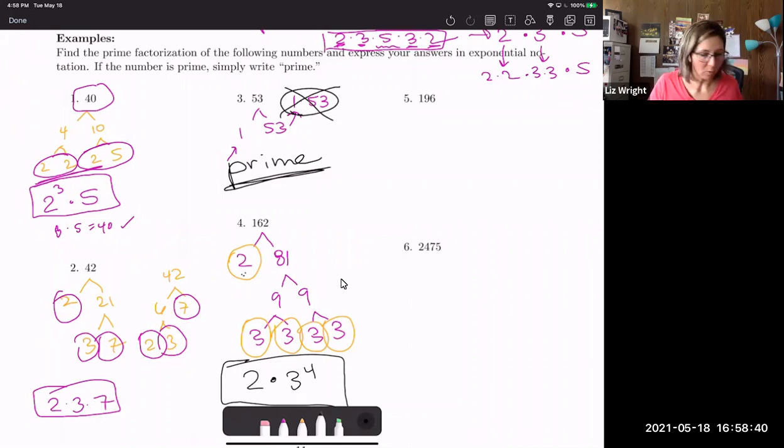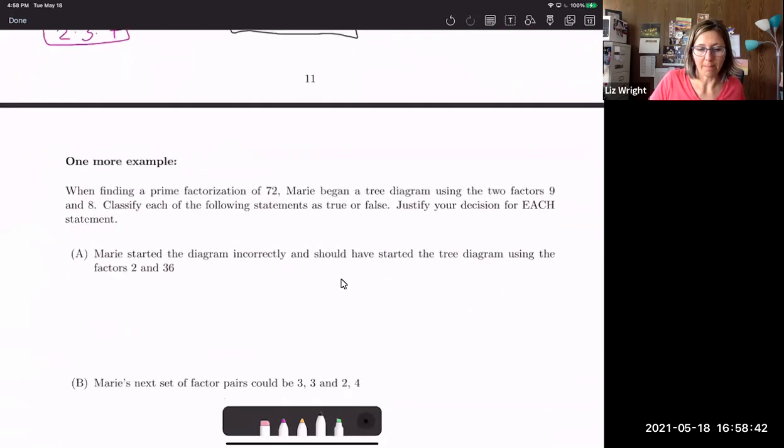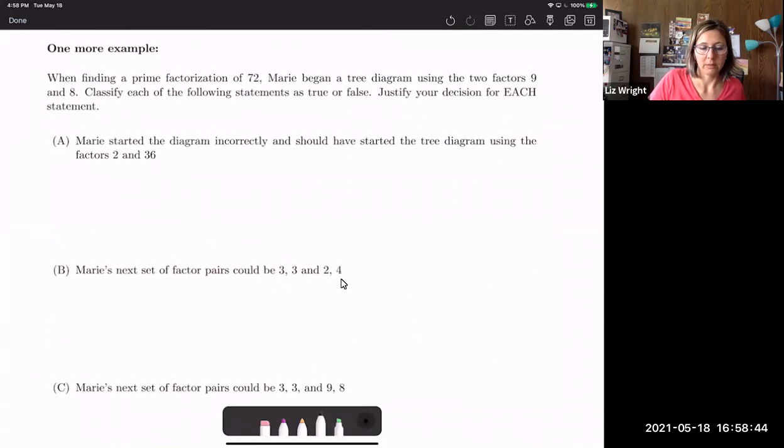And we are going to check out one more example on the back. Look at that, it even says one more example. That's the title of it. We're going to check out the one more example on the back. Okay, let's do it. All right, it says, when finding a prime factorization of 72, Marie began a tree diagram